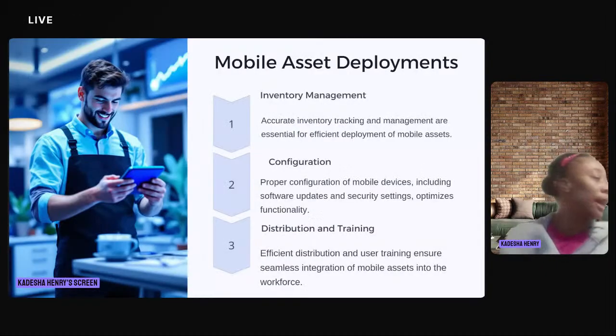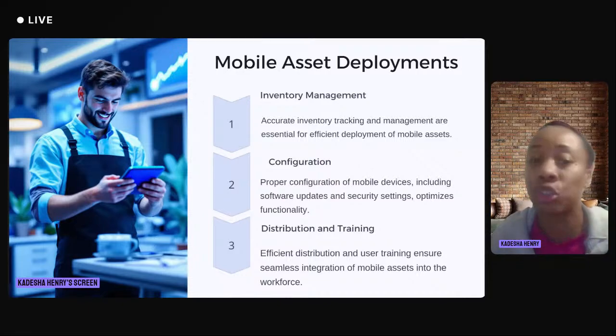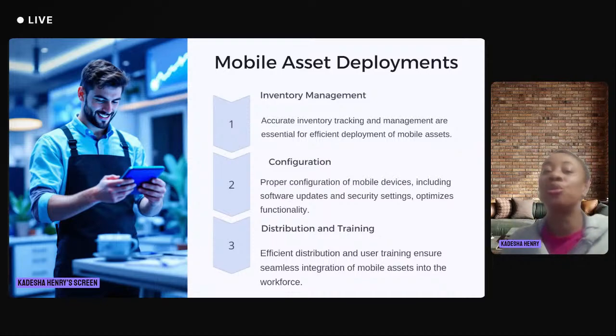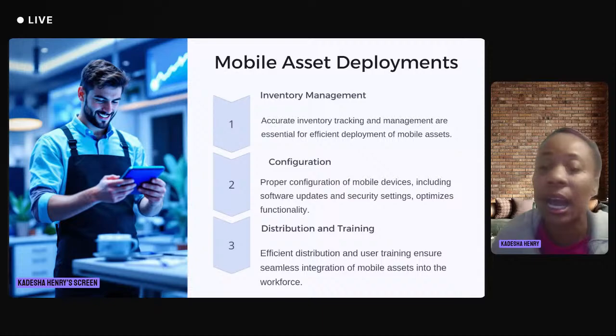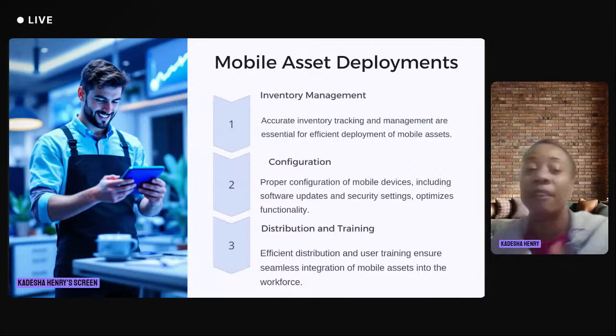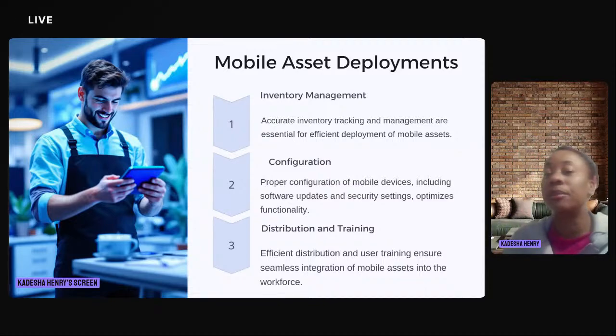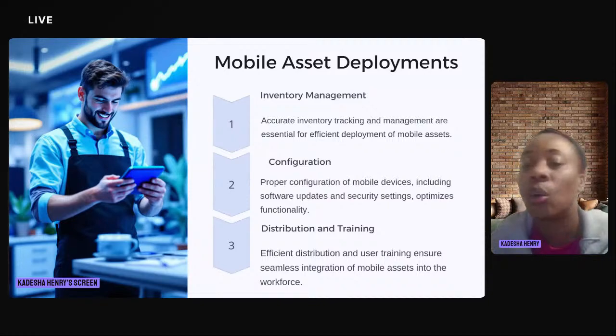So when we look at the whole concept of mobile asset, we have to do inventory management. Why do we do inventory management? Accurate inventory tracking and management are essential for efficient deployment of mobile assets. So we have to have an inventory. What do we have at hand? We have to do a tracking system. So there has to be someone tracking what we have so we can do the deployment of